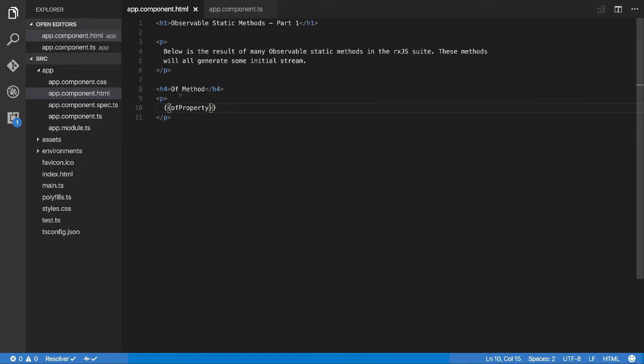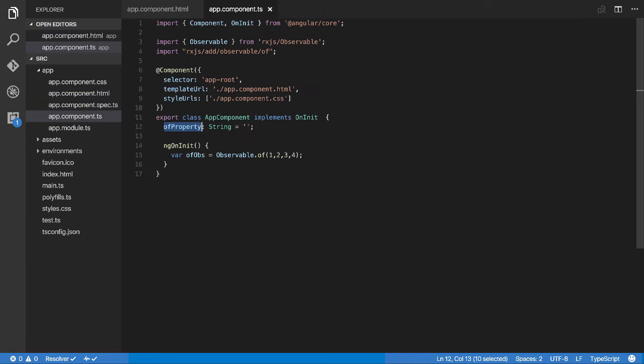Okay, so this is all straight up component stuff. We already know how to do this. So I basically need to calculate what goes in here based on the observable now. So basically what I want to do is go 1, then 2, then 3, then 4, all in a row, with maybe a space in between it just to give it an idea that they're separate items. So to do this, and to make it easier on myself, because I'm going to be doing this a number of times, I'm going to create a method down here,